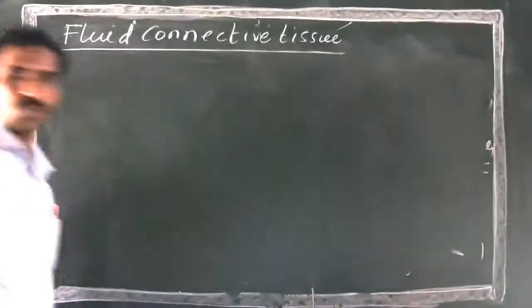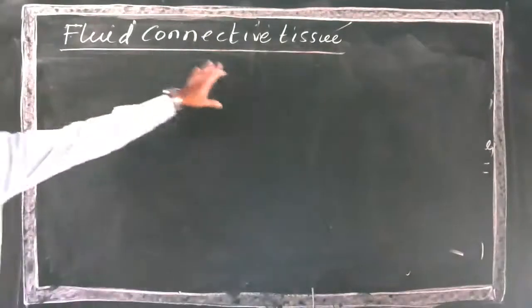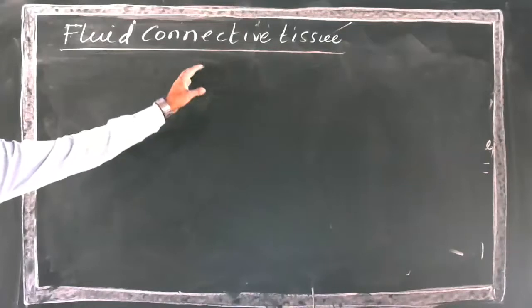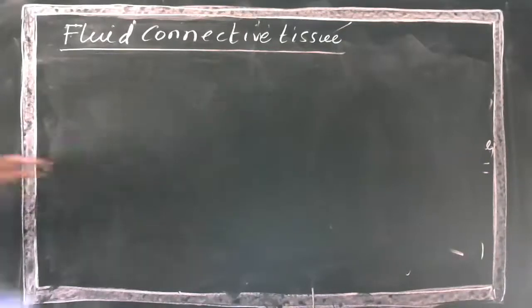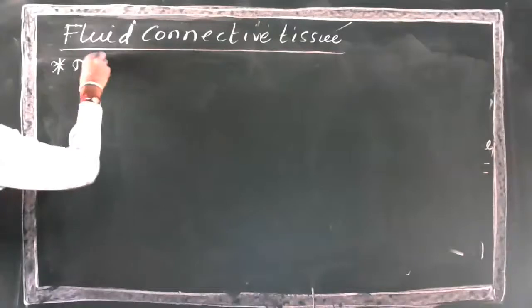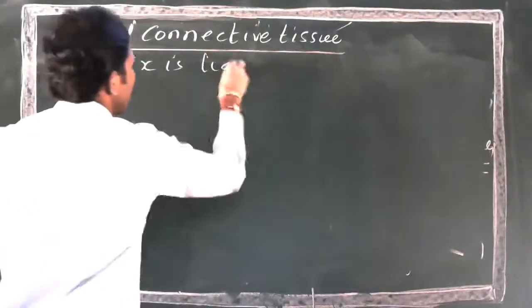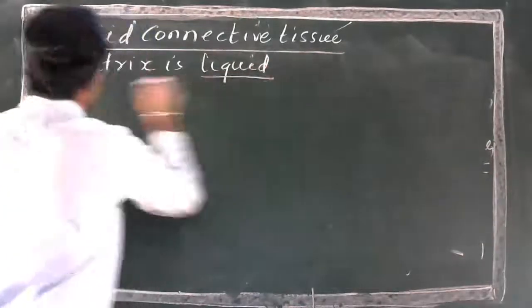It is a type of connective tissue in which the matrix is liquid. Matrix is liquid. I told you components means